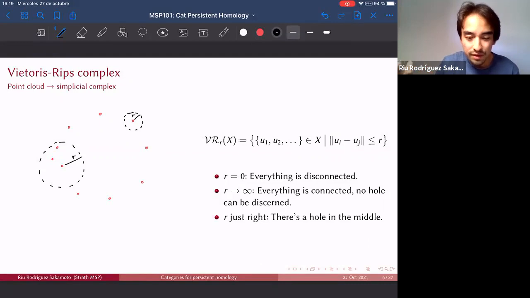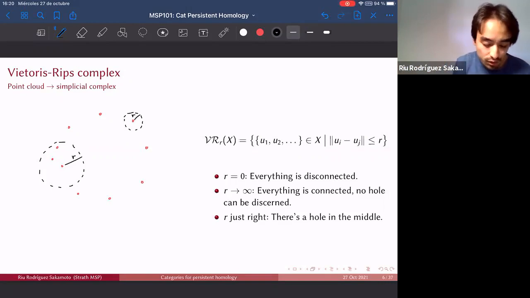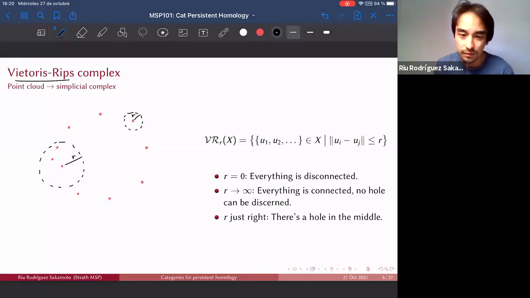But remember that the initial data that we had in the beginning was just a point cloud, just a set of points in a space, for example, in a Euclidean space or in a metric space or whatever. So how can we construct a simplicial complex from it is the question now. There's not only one method, there are many, but for example, I'm going to describe now what is called the Vietoris-Rips complex, which takes a given radius r,